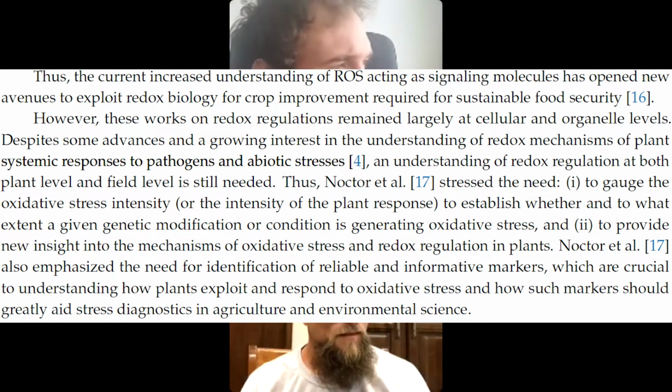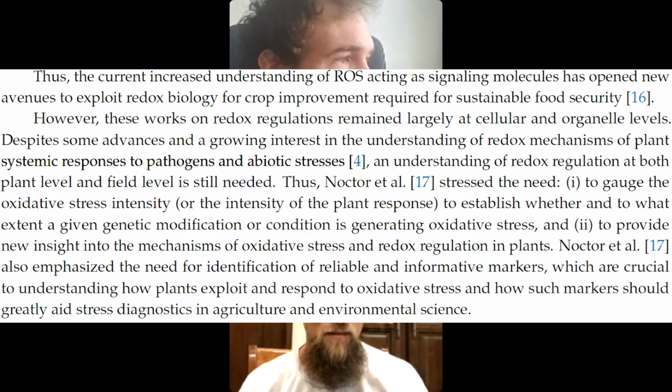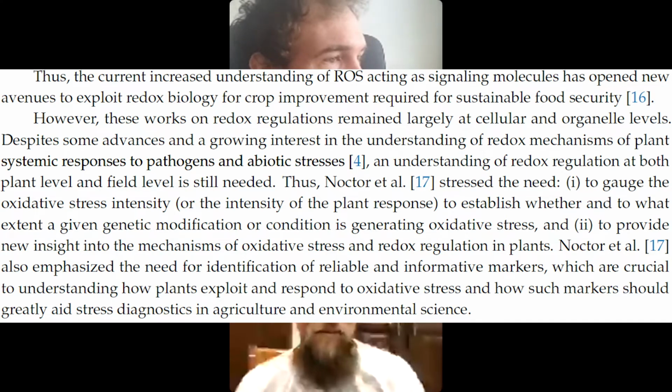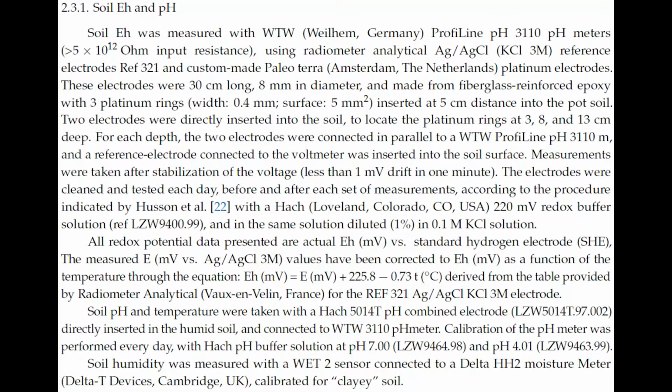However, these works on redox regulations remain largely at cellular and organelle levels, despite some advances and a growing interest in the understanding of redox mechanisms of plant systemic responses to pathogens and abiotic stresses. An understanding of redox regulation at both plant level and field level is still needed. And in the materials and methods, they go over how they go about measuring redox,